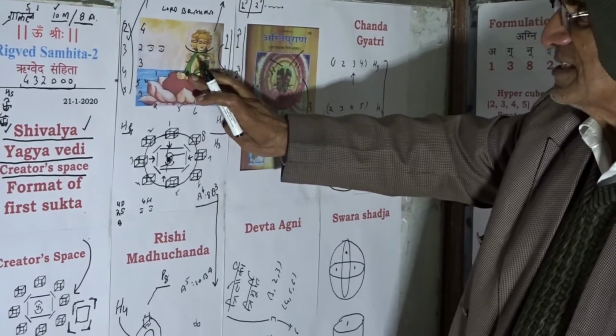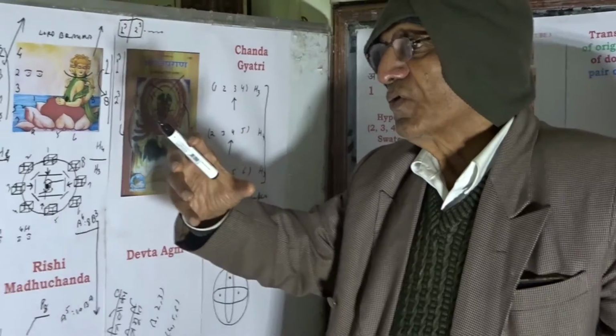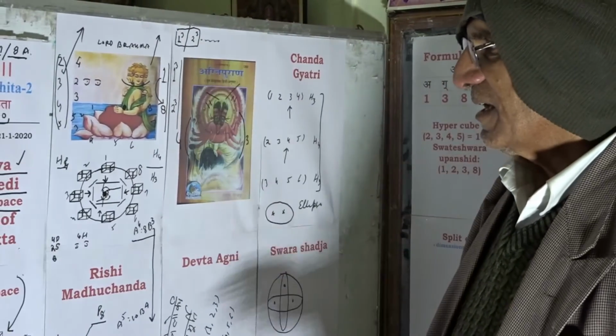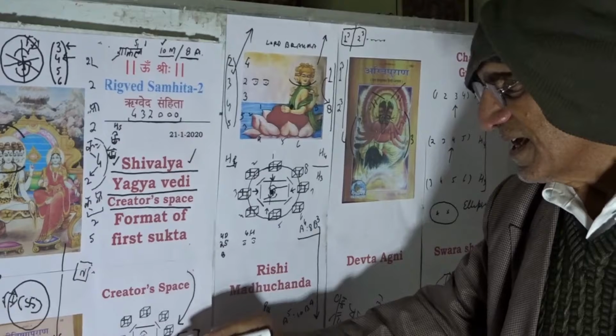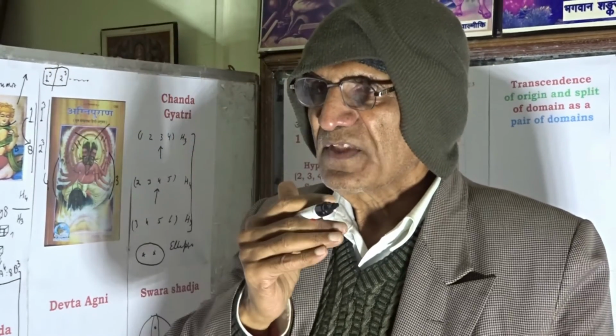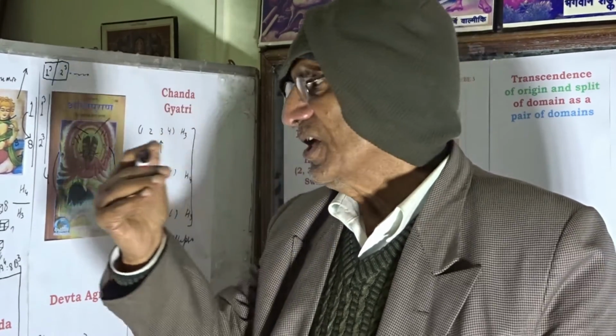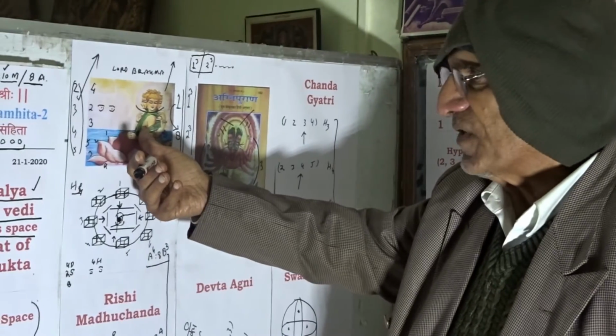So the fourth is the format of a heart as the 4th chakra, and a step ahead is a creator's space at the core of the earth. Then we will reach the core of the sun. So the core of the sun, the core of the earth, the creator's space, the seat within the cavity of a heart,